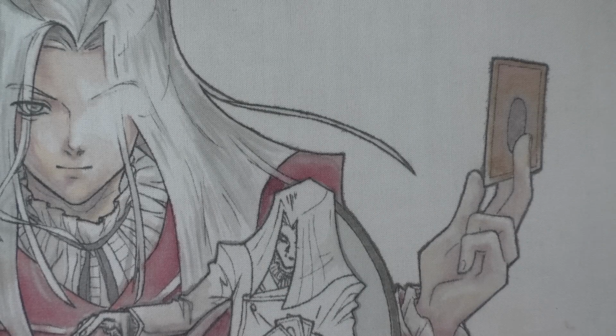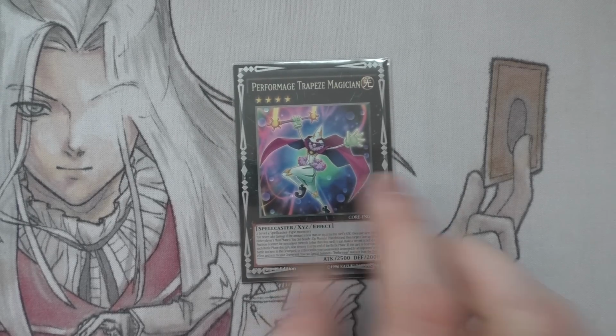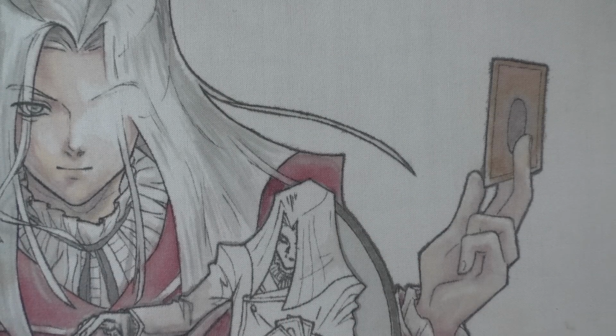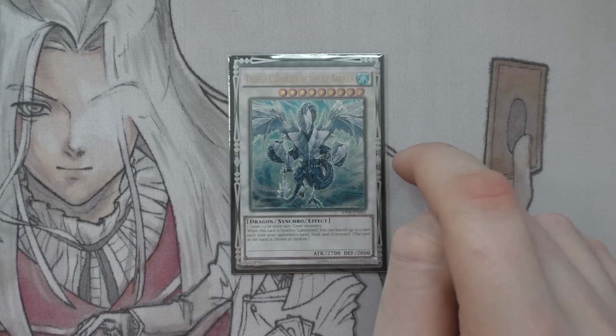You could technically run more in this deck. And the 1 Trapeze Magician, because I play the Clowns to add some OTKing. Going to the Synchros, we have the 1 Trishula. Glow Bulb's in here, so it kind of makes sense just to put it in this version anyway. Just because it means that I can...